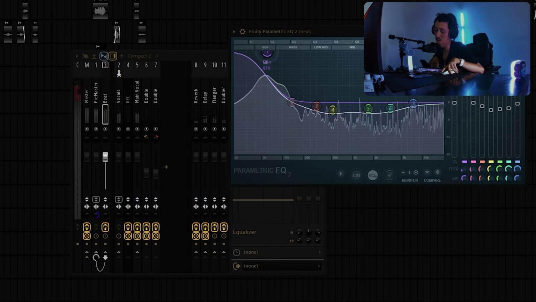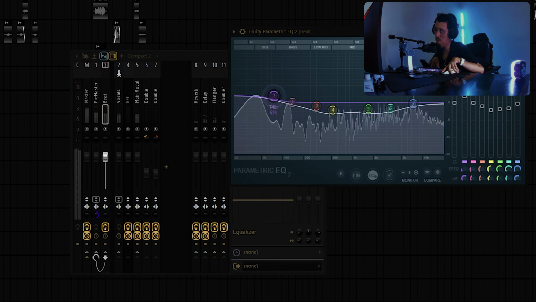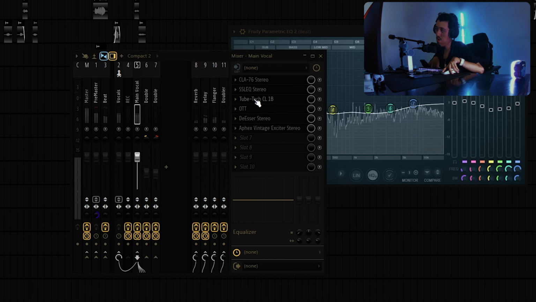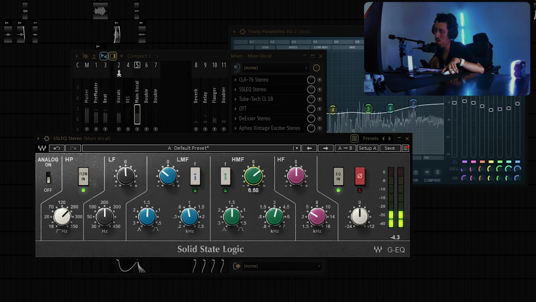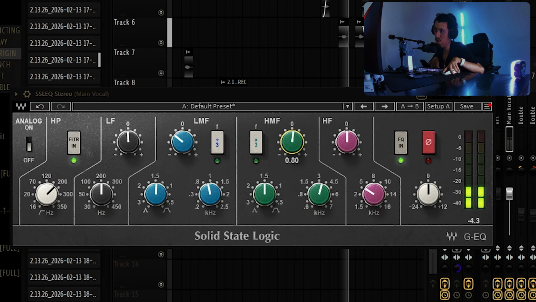So let's say if I do this, it doesn't sound good. And if I mix it here, this doesn't sound good. So I will tweak it to here. It's okay, I can lower it a little bit more. Let's overdo it, let's see. That's a little too much, so let's bring it back.